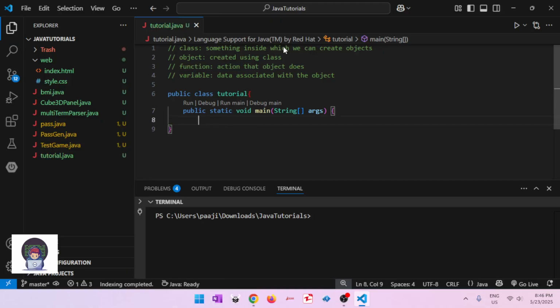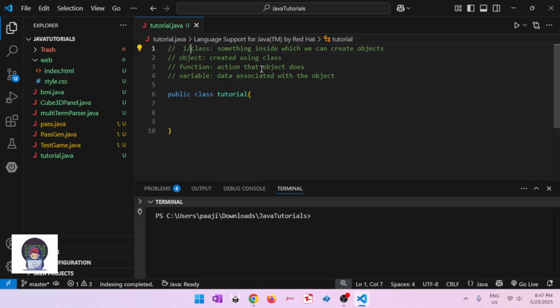For this, I want to delete the main method, because the main function is actually a function, obviously. So we need to create a new class, which will be outside an object and a function. This is the hierarchy. At the highest level is the class. Then we have the object. Then we have function. Then we have variable. That is why we cannot create a class inside the function, which is public static void main.